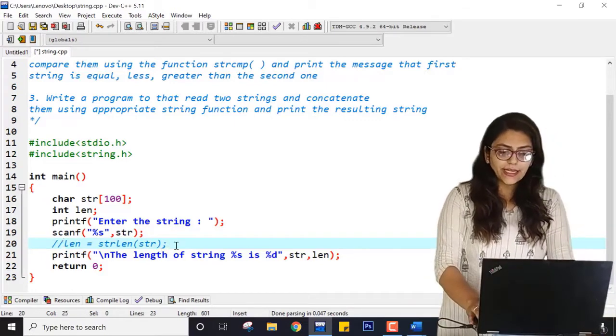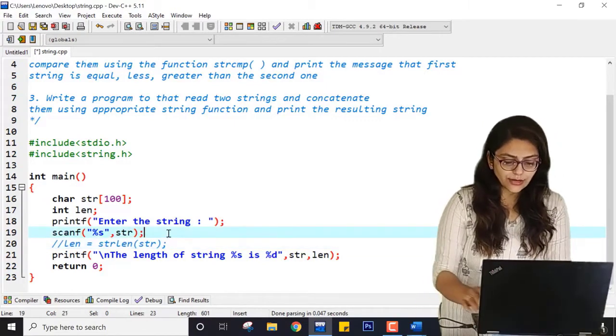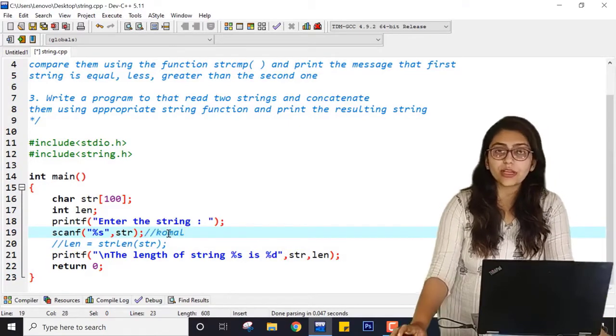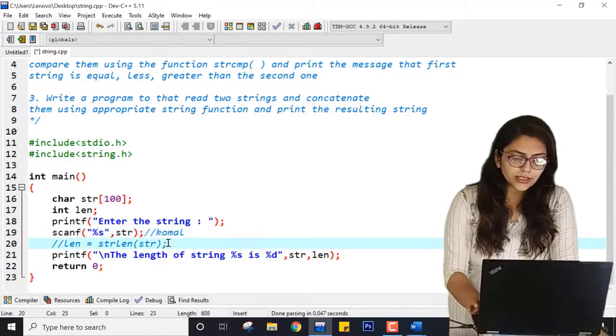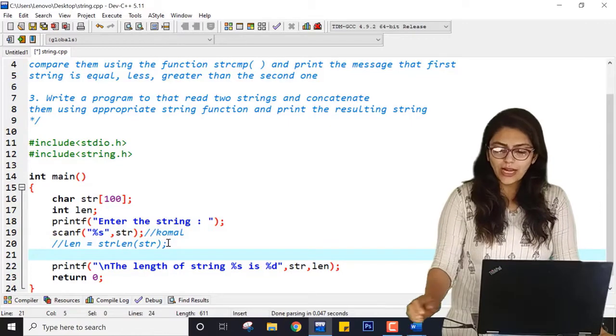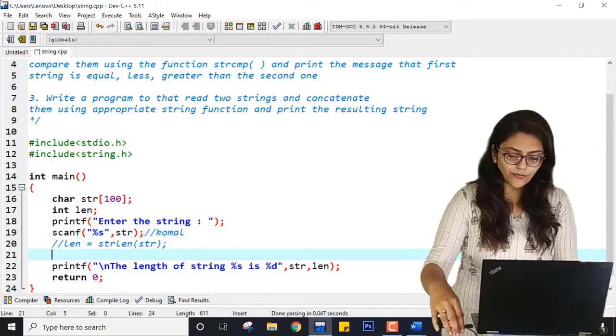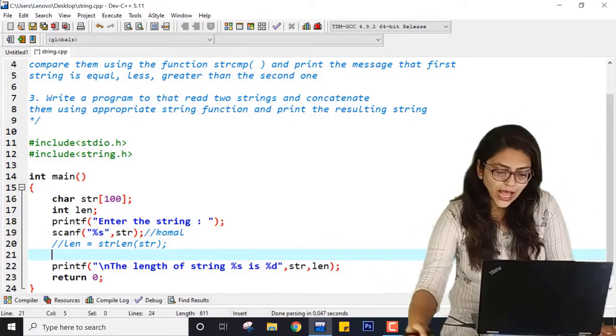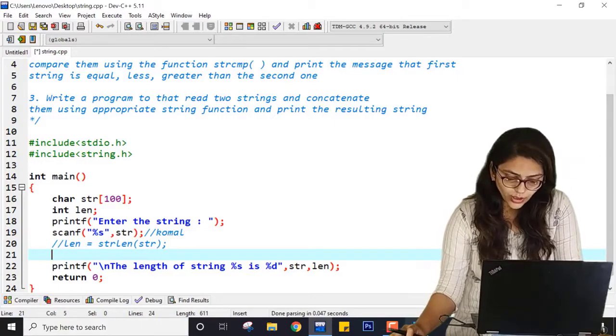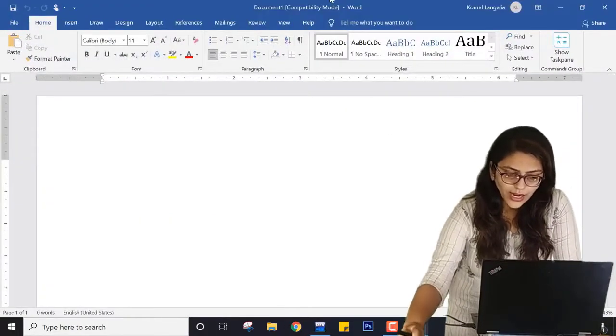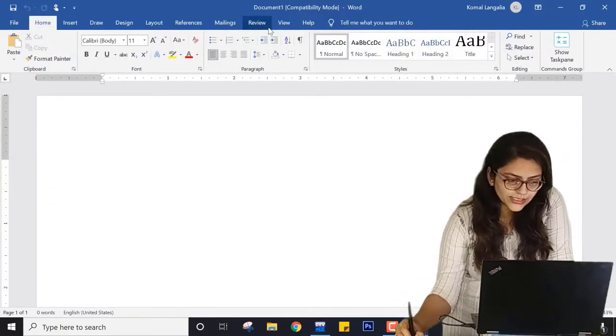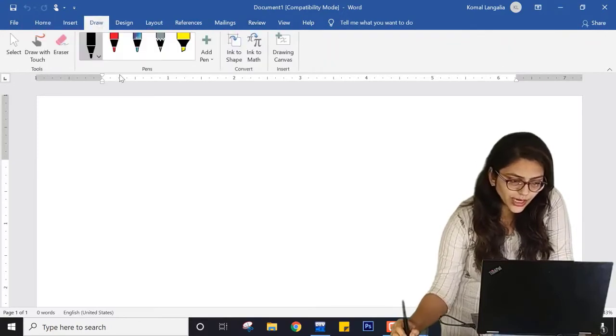So what can I do? Here the user is entering something, so here I am entering my name. After this, what can I do? Let me explain this with the help of an example. So I am opening one file here. What is happening inside a string?